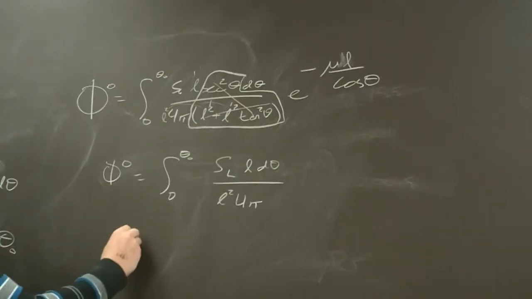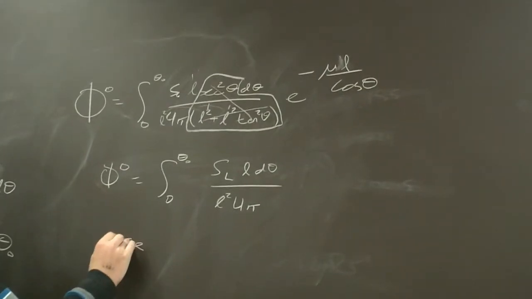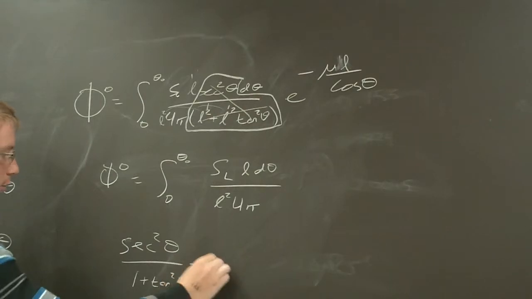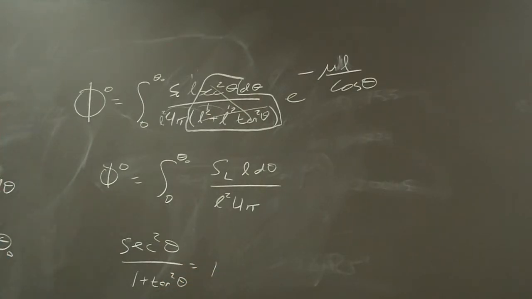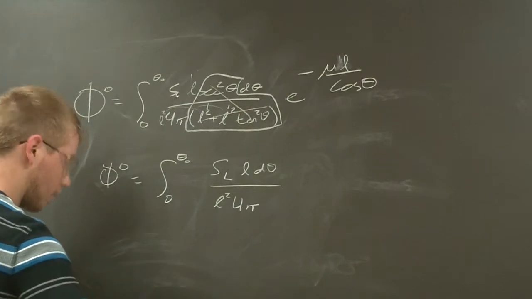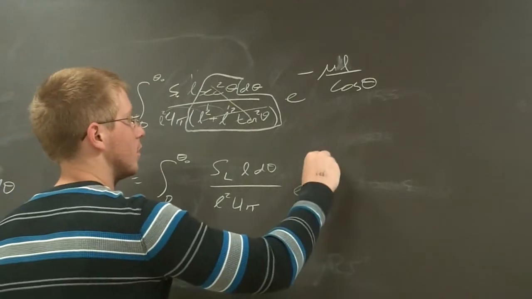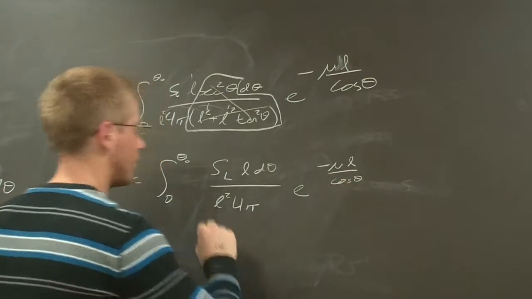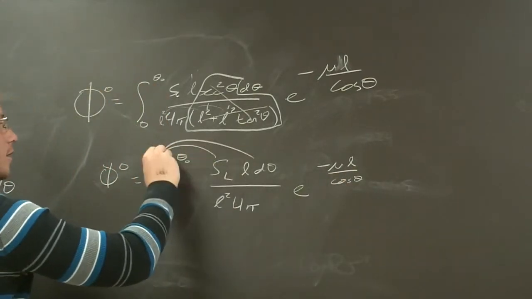I just said that secant squared theta over 1 plus tangent squared theta is equal to 1. Trig identity. It goes away. So everything else is constant except for our exponential term, which happens to be some fancy thing